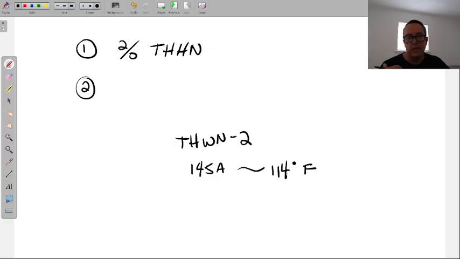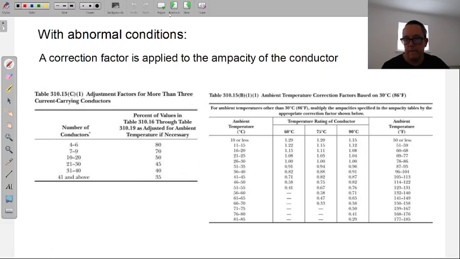So my suggestion, if you do the divide version of this, because you can do one of two ways. You can go, all right, well, it's not going to be the 1, so I'm going to just try that 1 out with 170. I'm going to multiply it by the correction factor of 114. I happen to have the table here. 114, there's that one. TH, so this is the correction factor I want, the 0.82.